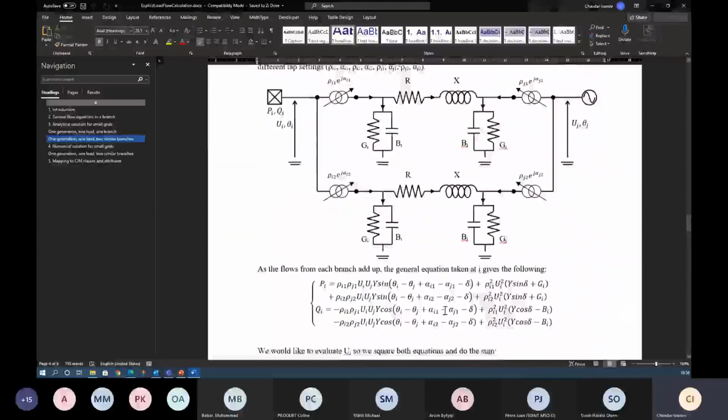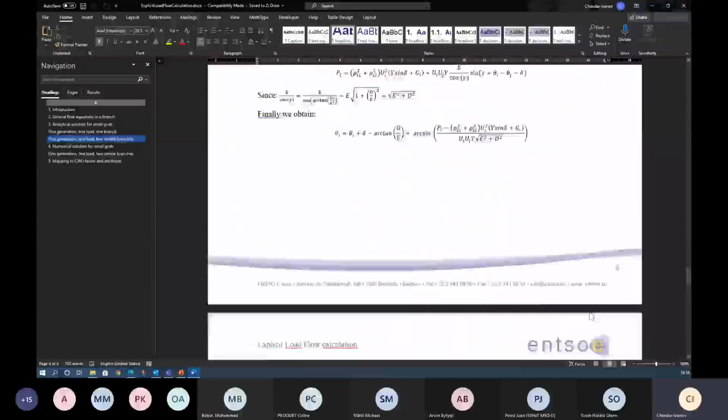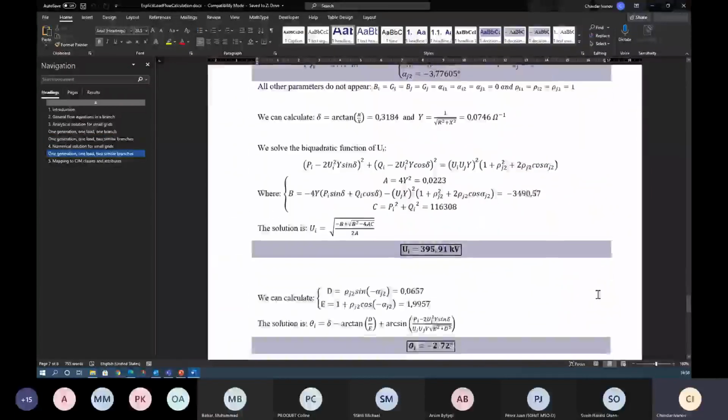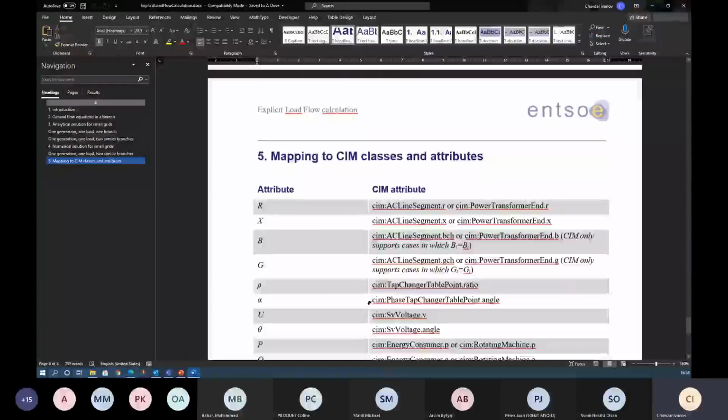All that is described here in a very mathematical way, and we have the concrete numbers. And there are the sim classes that relate to the equations mentioned above.